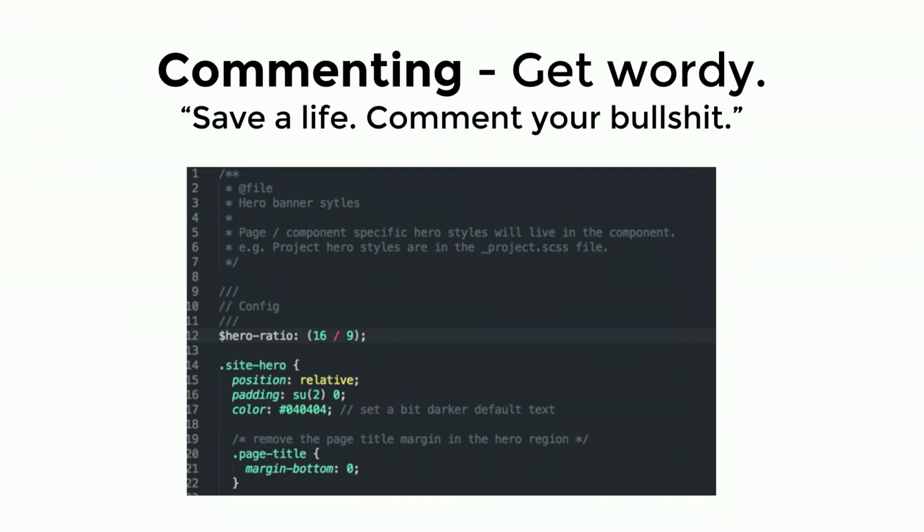Like, if you need to use an important here, comment that, because otherwise I'll delete your important and then yell at you for why your stuff is not written. Especially if it's code that you're not proud of or hacky, or it's because of some task that your client's making you do, comment that. Put it right above it so I know not to delete it, so that you can come back later and clean it up. Create app to-dos for yourself. Comment the shit out of your CSS. It's incredibly important.